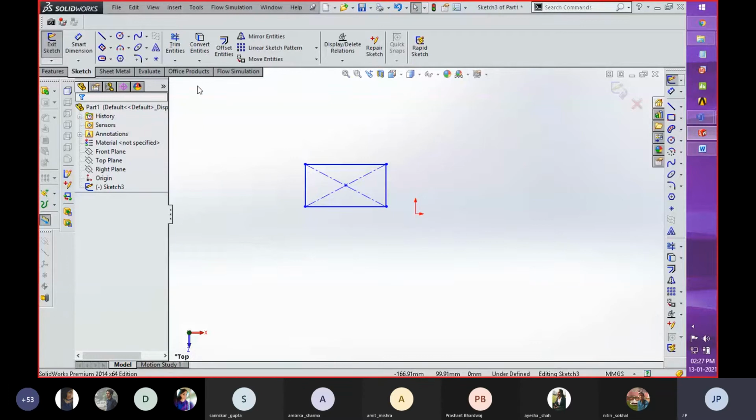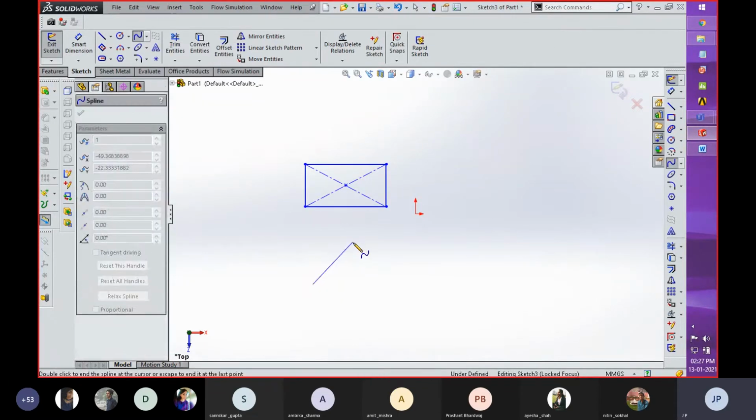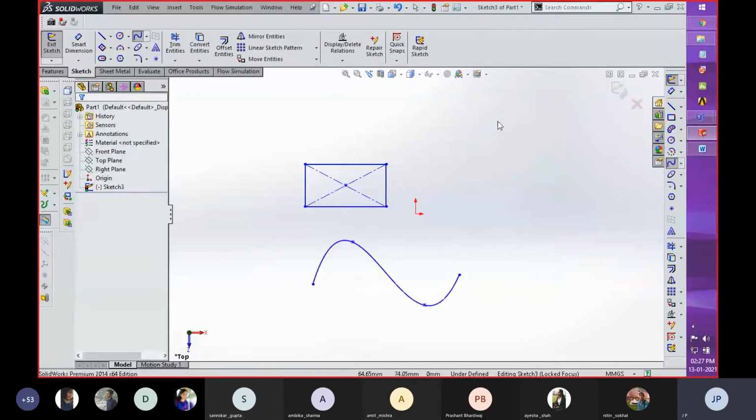So these are the different tools which I showed you, with the help of which you can create different components. Now this is the spline toolbar. There are three methods, but I'm going to tell you only one type. For that purpose, just click anywhere you want and then press the escape button on your keyboard to exit the command. With the help of spline, you can create different types of curvaceous components. If you want to change the inclination of this spline, you have to click all these edges.